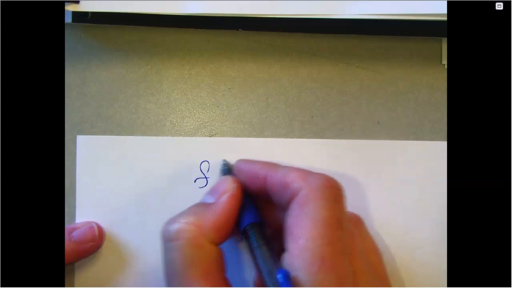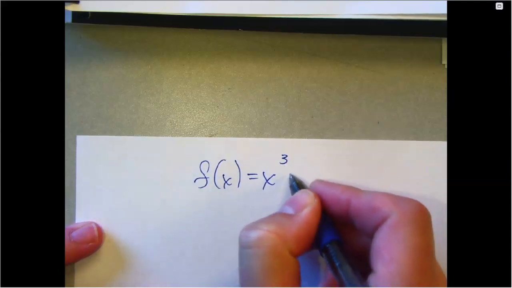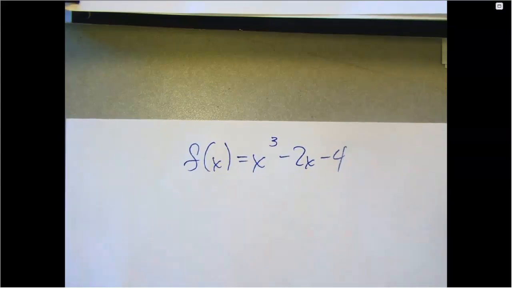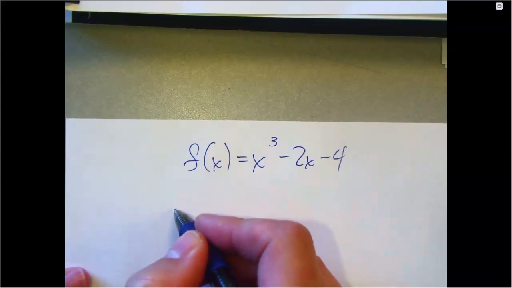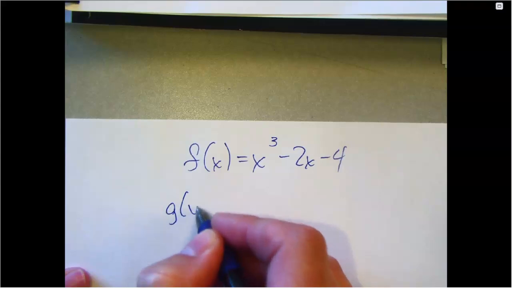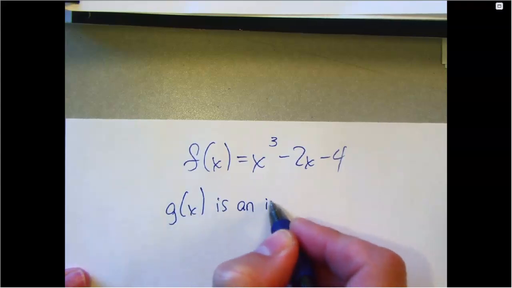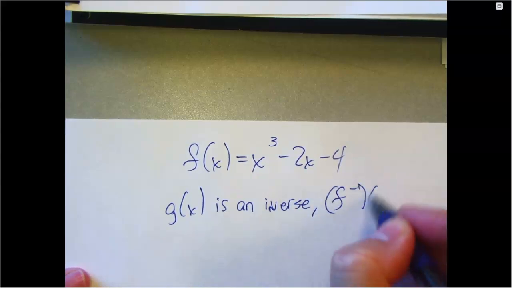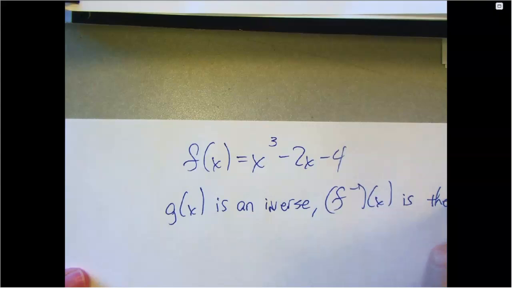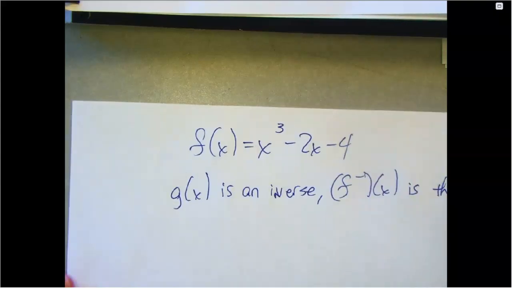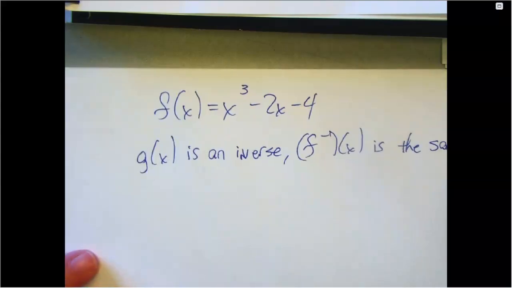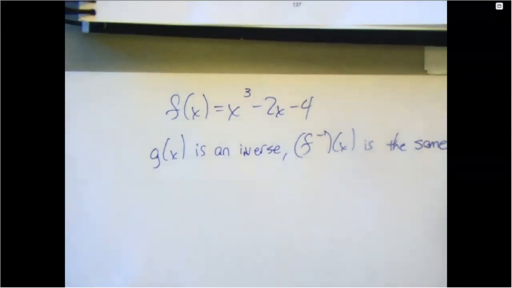Okay, so f of x, and g of x is the inverse function, and that's what we're looking for. But the whole problem's in f's, so I know g of x is an inverse, but I'm going to use f inverse of x instead. They gave me f and g, but I want the problem all to be in the same letter, so I don't want the g's in there. So I'm going to use f prime instead. And we know